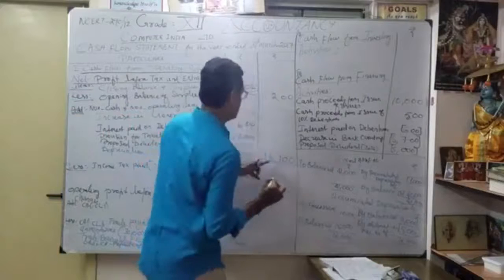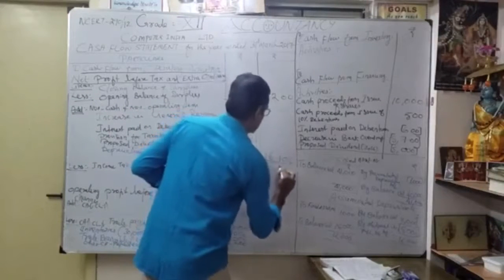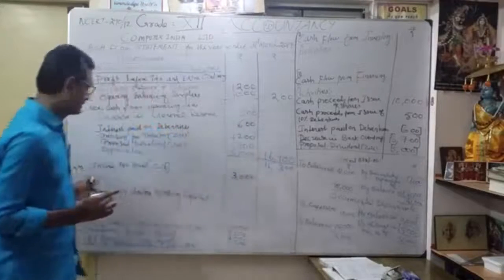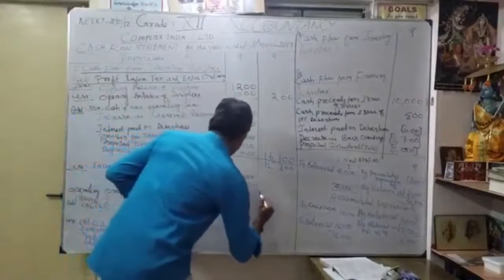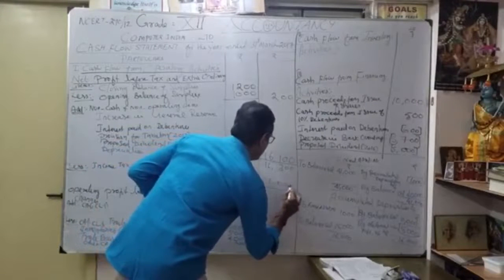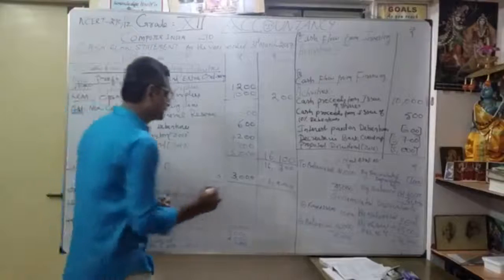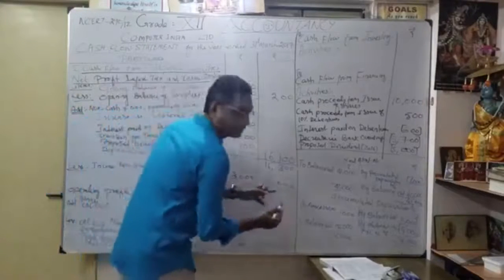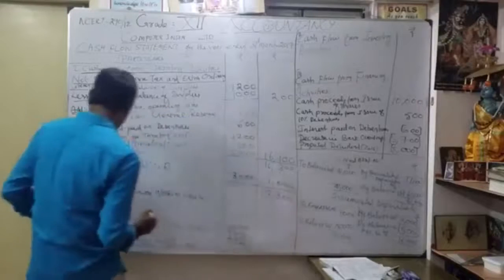Should be very careful. 16,100 plus 200, 16,300. Okay. Thereafter, the income tax is less. See here, less, then put a dash. Okay, so what is that? 3,000. So what is my operating profit before working capital changes? That is my 16,300 minus 3,000, 13,300.